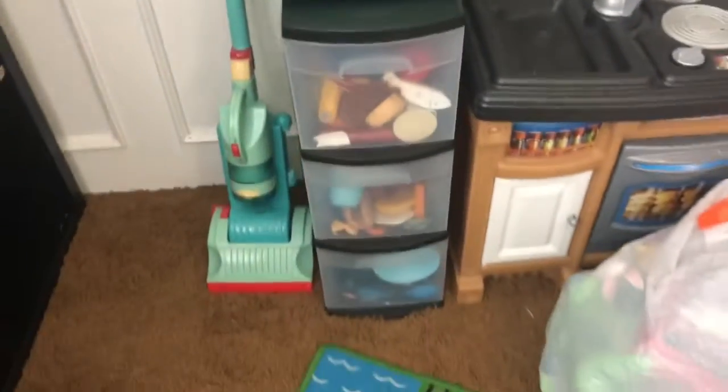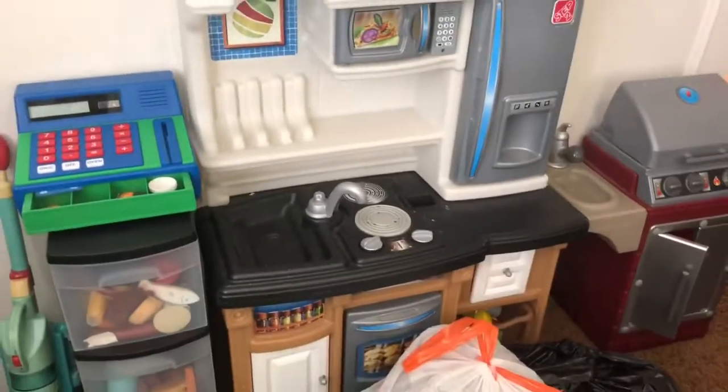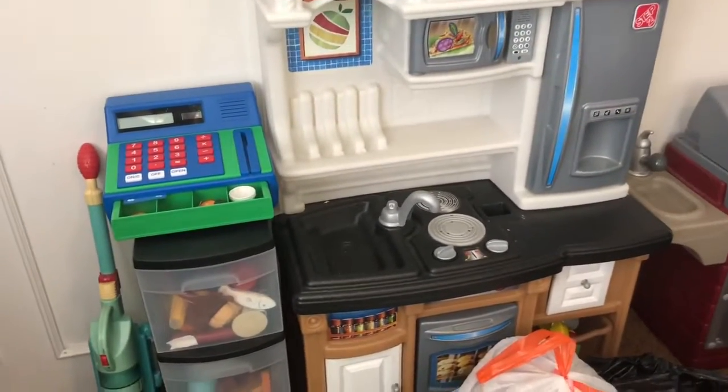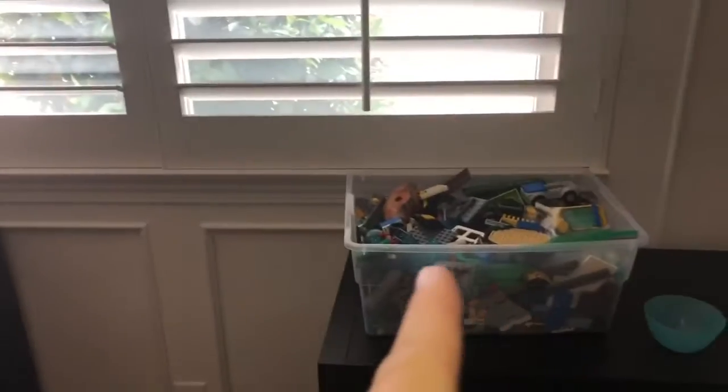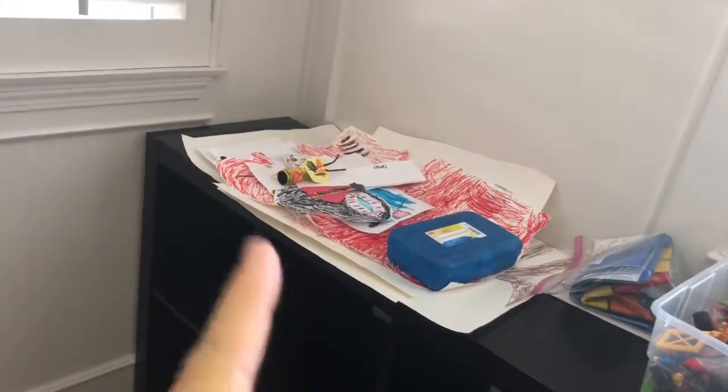This drawer has all the play food and utensils in it. So this is just gonna get moved until they clean the floor. But that's organized. I have these two bins of Legos. I just gotta find the tops for them. I took down all of their crafts that they've done. They're sitting right here. I'm gonna put them in their box that they have upstairs, so they could keep it